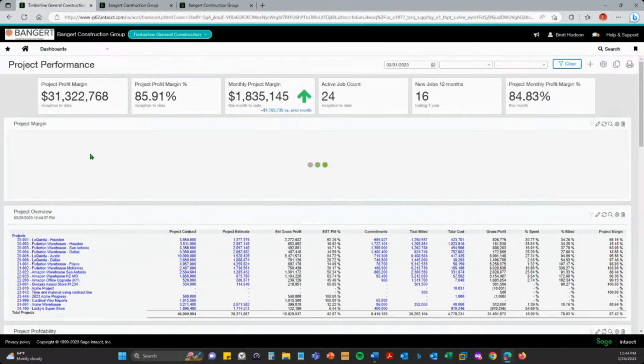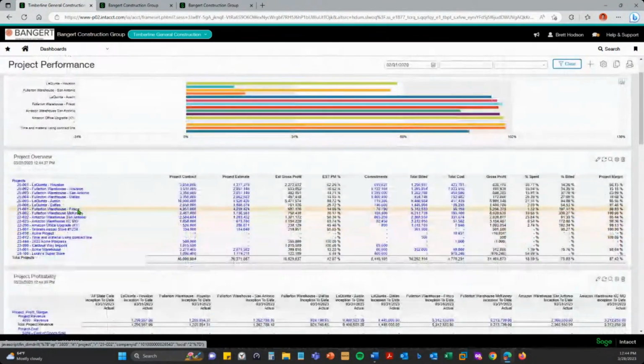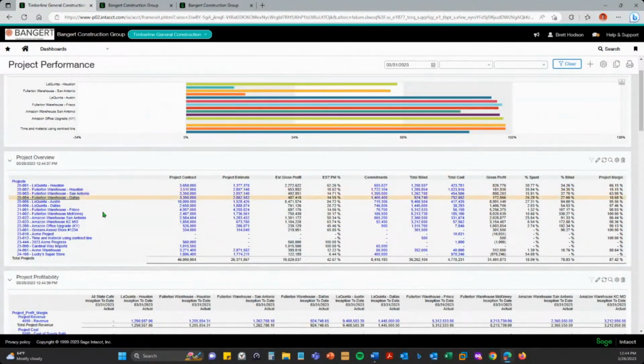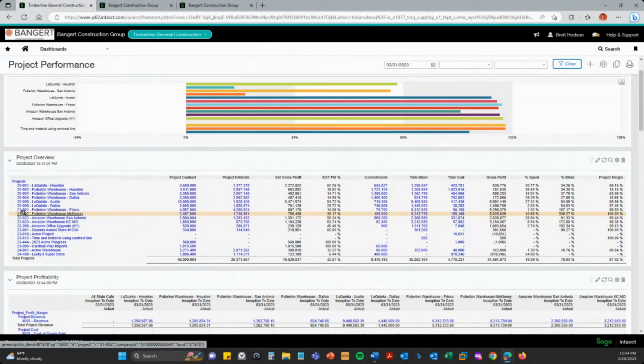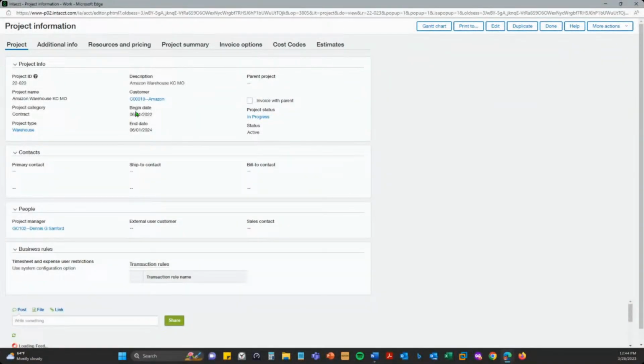So let's take a look at a project record, and let's say that I want to look at this Amazon warehouse in Kansas City. So pretty straightforward information you can see here.